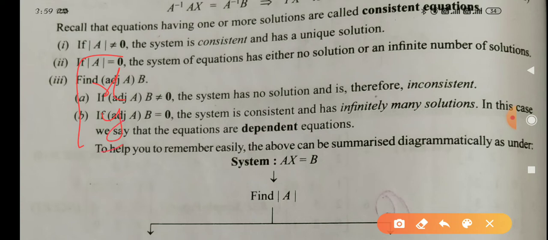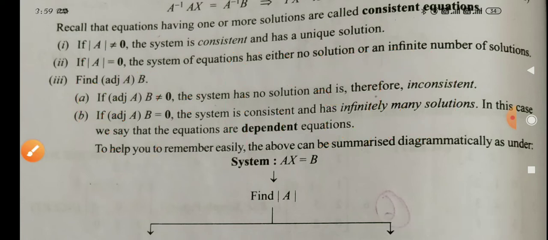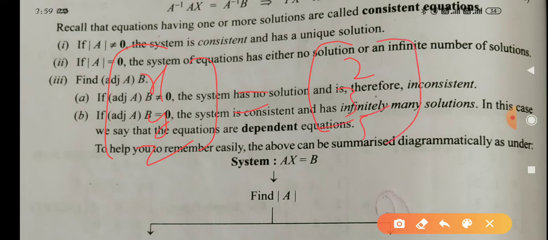X, Y, Z, and suppose here it is coming 2, 3, 4, 1, 0, 2, 1, 1, 3. Suppose that A inverse and coefficient 2, 3, 9. After multiplication you will get one matrix. So it will be X, Y, Z. Suppose you are getting 2, 3, minus 5. Such type of 3 by 1 matrix you will get. Then you make the comparison, x equals 2, y equals 3, z equals minus 5.